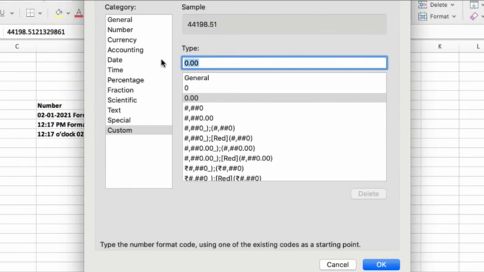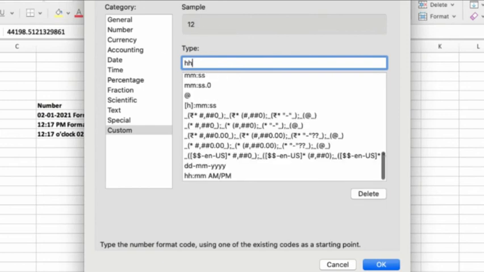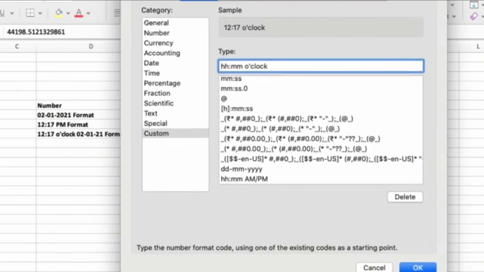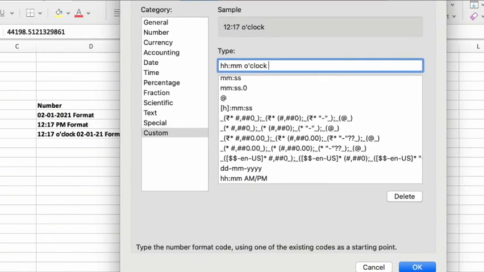I want to start here with the time, hours, minutes, and this o'clock as a text I can pass in here, O'clock, and then we want 2 digits of the day, so DD, a hyphen, 2 digits of the month, so MM, a hyphen, and finally we want just 2 digits of the year, so instead of 4 Ys I will just give 2 Ys. And from the preview you can see this is what we were expecting.